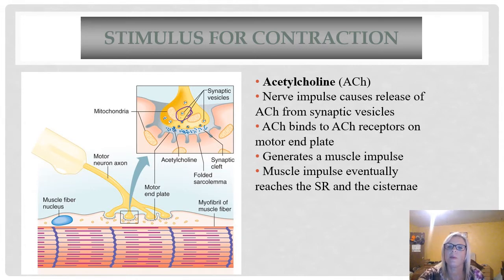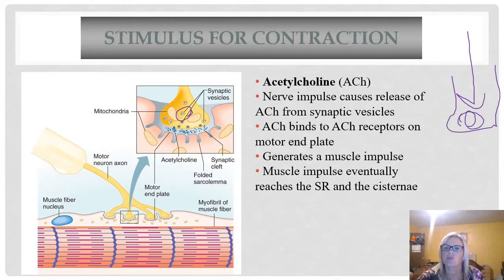neurotransmitter. And so the message is going to be sent down the axon to the end here, and it's going to be an electrical signal, and it's going to stimulate these to open up and be spilled into the synaptic cleft, release that neurotransmitter, which in this case is acetylcholine. There are other neurotransmitters. Okay, so if we're in a skeletal muscle, it'll be acetylcholine, and that's going to cross